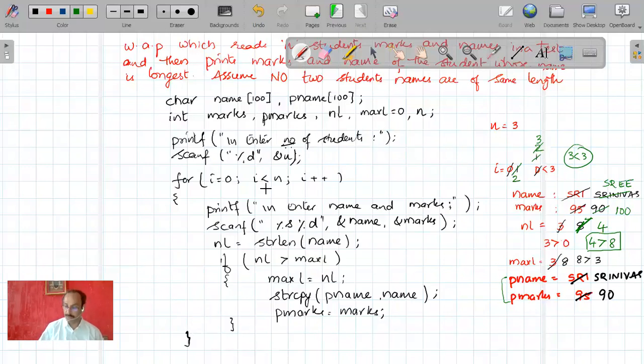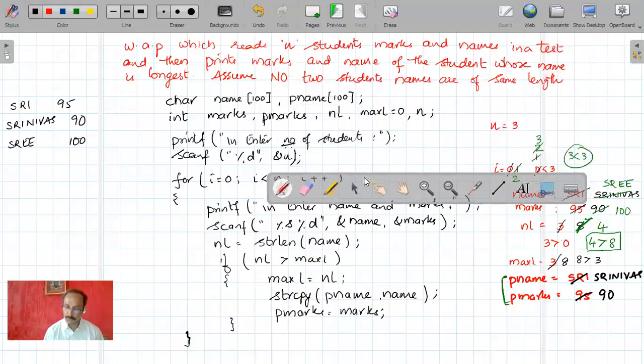I have pname, I have Srinivas, and pmarks, I have 90. If you observe what data we have given, first we have given SRI and I have given marks as 95. Second time I have given Srinivas and I have given 90 marks. And third time, SREE, and I have given 100. So what is my target?